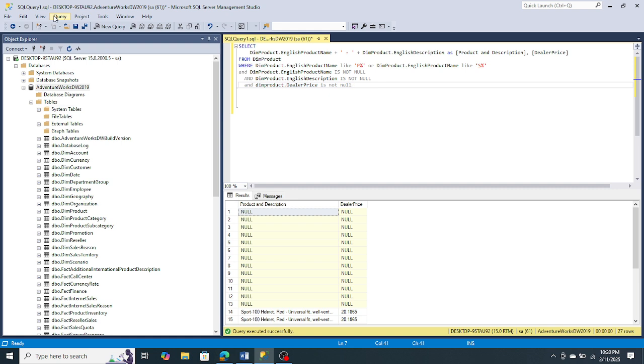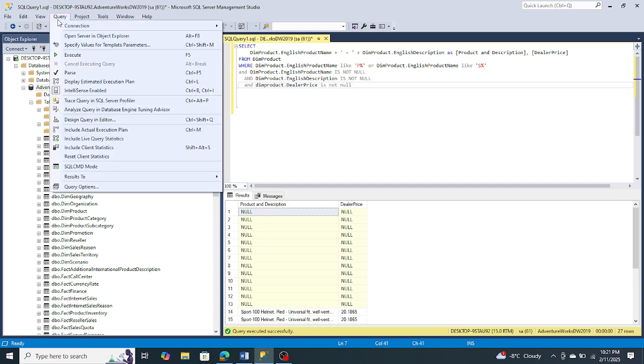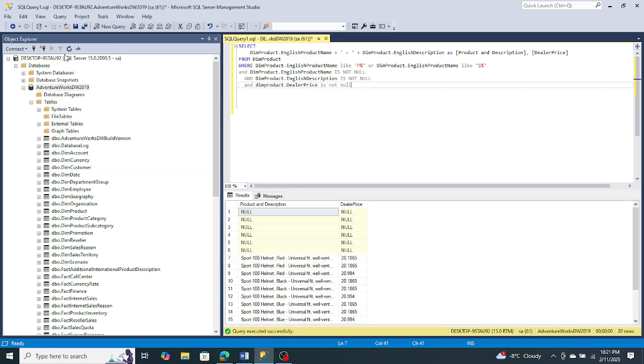Now run that. I'm doing it just to highlight an important aspect, because we are using the OR clause here. You see, OR means either a product starting with P or a product starting with S, nothing else. And these columns, the price and this column, should not be null. So let's run. We will find some, even though we mention it here, we are still finding some null values